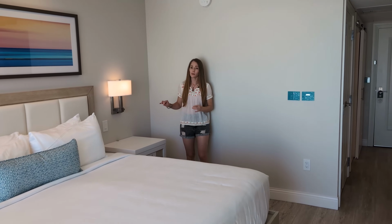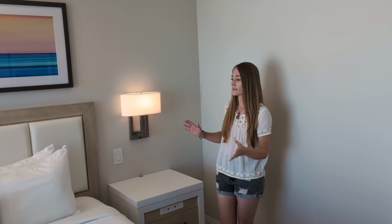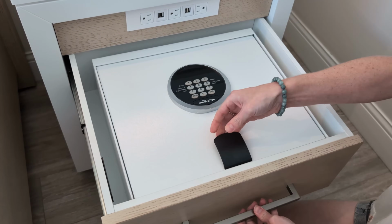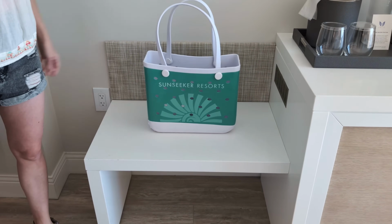And there's a few reasons why we really like these nightstands. The first being, it looks like you could charge up to 7 devices on either of them. And also, this is where you're gonna find the safe, and the safe will fit a full-size laptop. On the other side of the room is a small area where you can place some luggage right next to